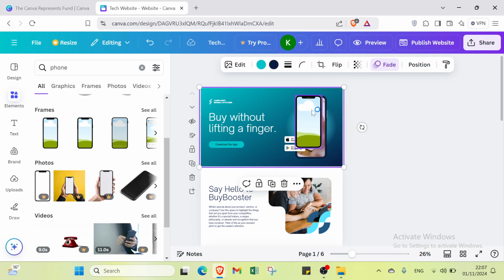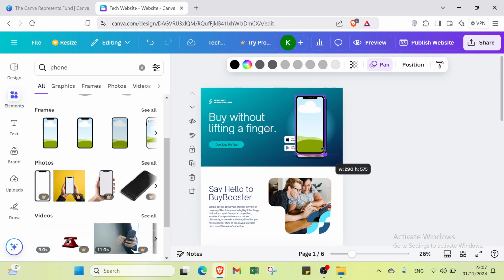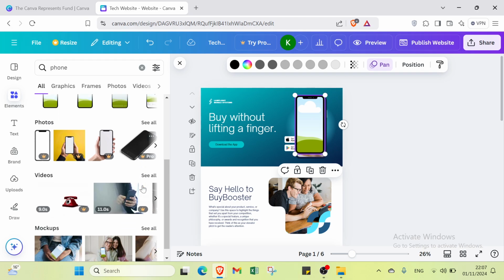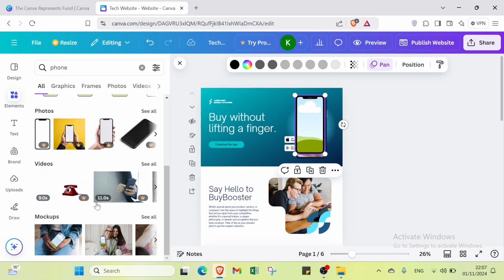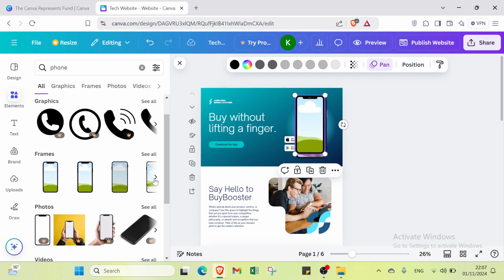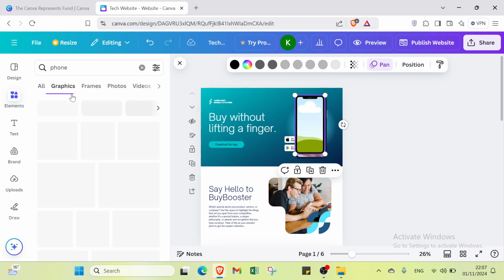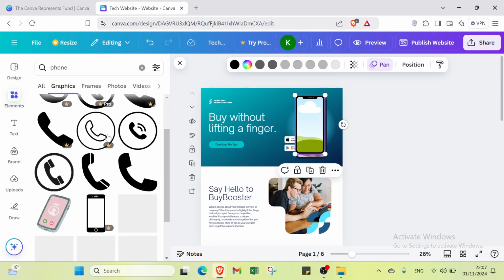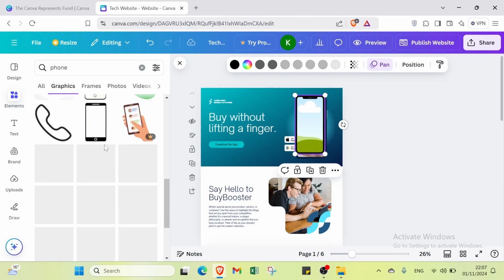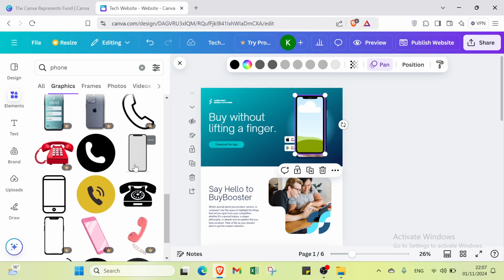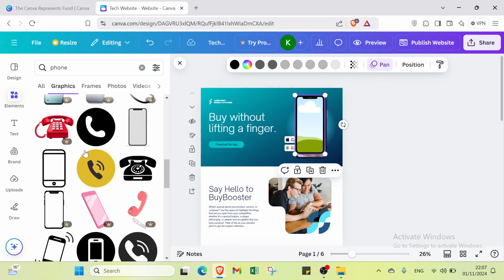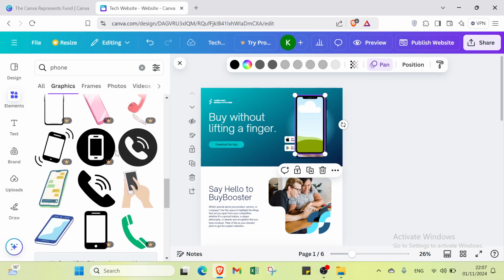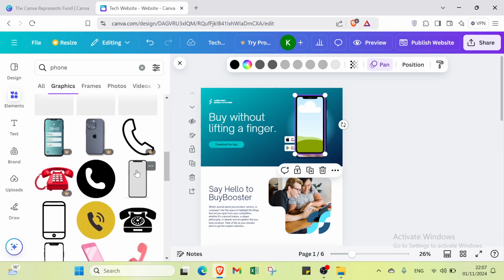As you can see, you can just also select this one, and you select the one you think is better. For example, I will just select also, I will just see all this, then I will just go to the graphics. As you can see,